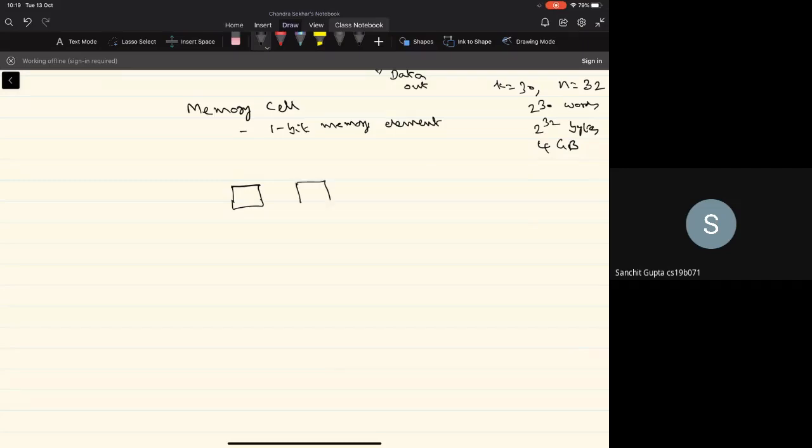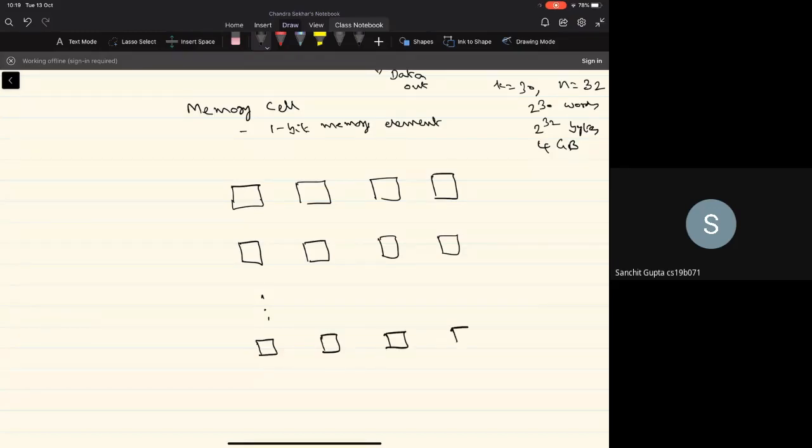Let's just look at a simple structure where k equal to 3 and n equal to 4. Let's say these are the rows of memory cells. I'll just indicate each of them by MC.